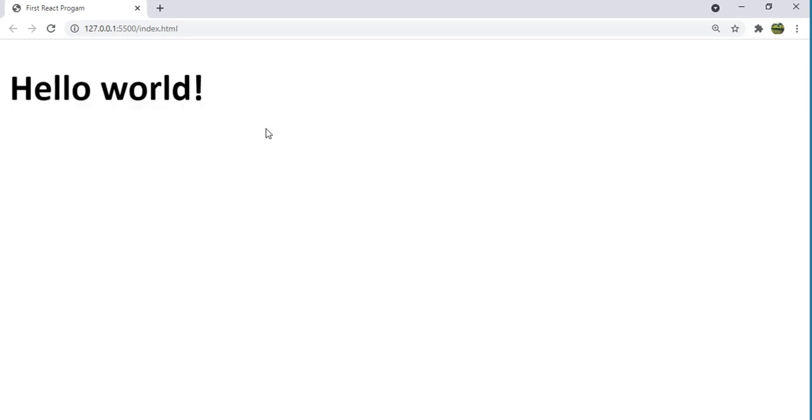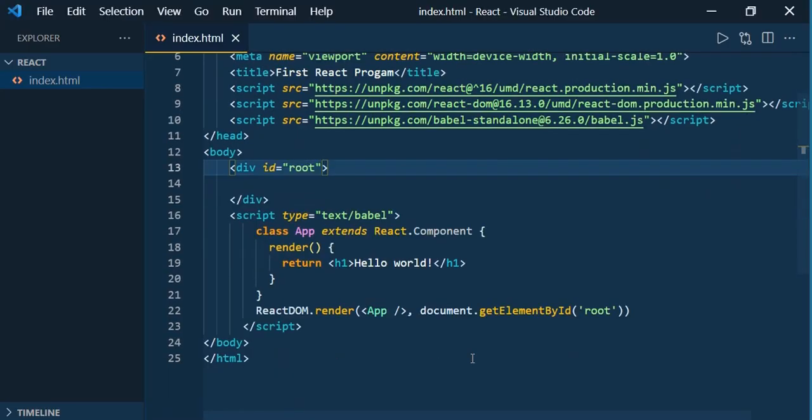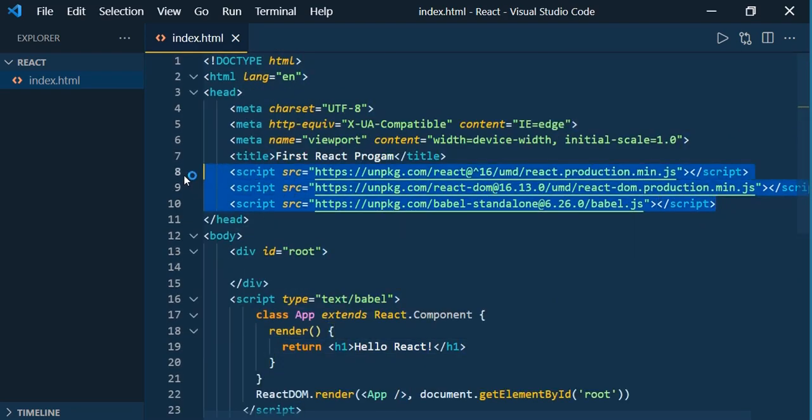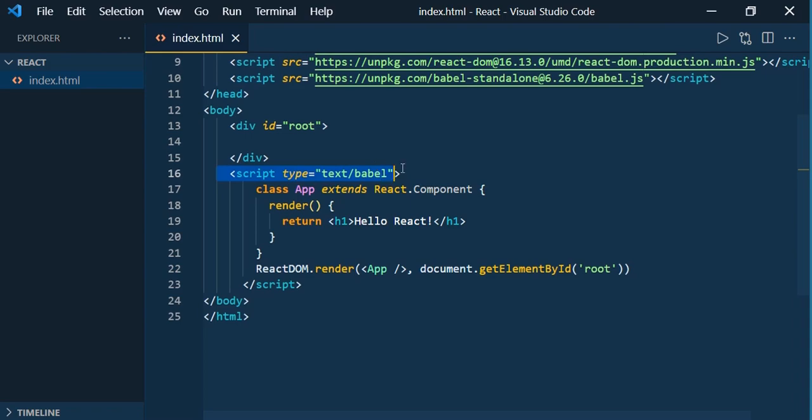So now this is the App component, right? So if we go here, instead of hello world, if you mention hello React. So this is how you can create our first React application without local setup. We just find the CDN files of React, and here you need to mention text/babel, and here you can create any number of components and you can render them here like this. Okay, so now let us see how to create the React local setup. Then we will start writing the components and everything.